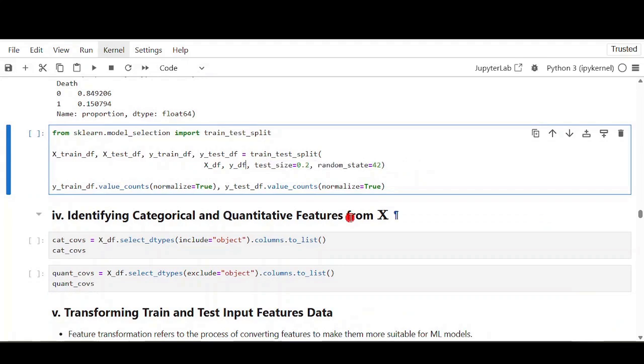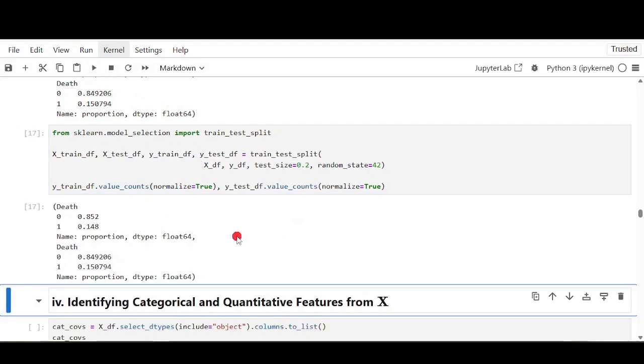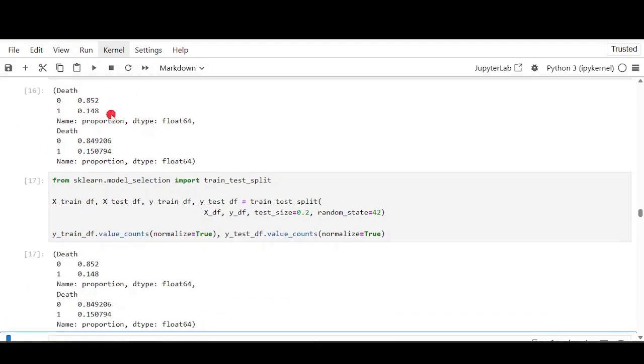Now in this case, that means the split is completely random. It doesn't depend on the distribution of the outcome variable. Now if I run it, the values are almost the same, 85, 14, 85, 14, and for the test sets, almost the same. So for our case it doesn't matter, but if there is a severe or higher class imbalance, like 95%, 5%, it's better to consider